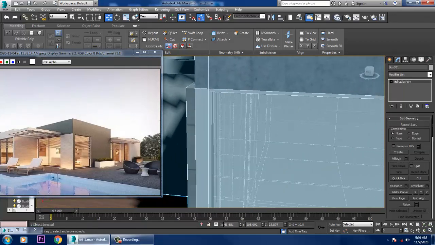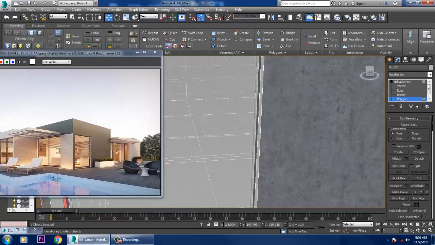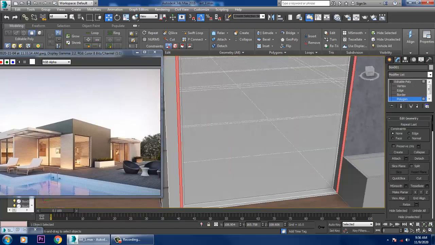You can go into the polygons, select these polygons over here.